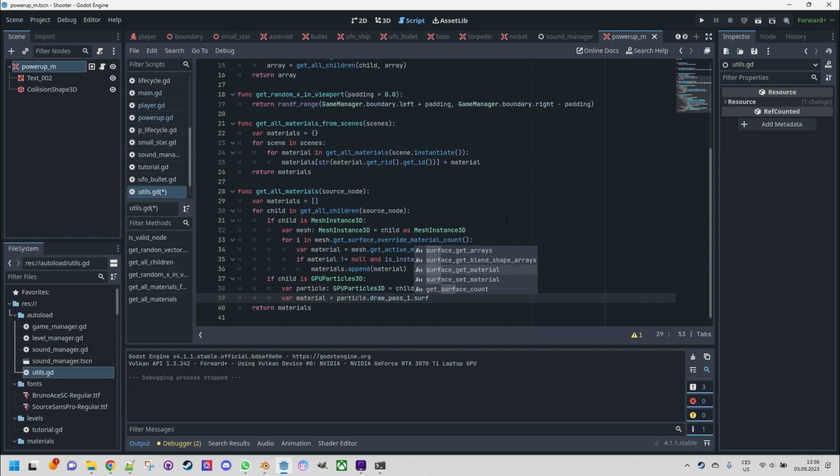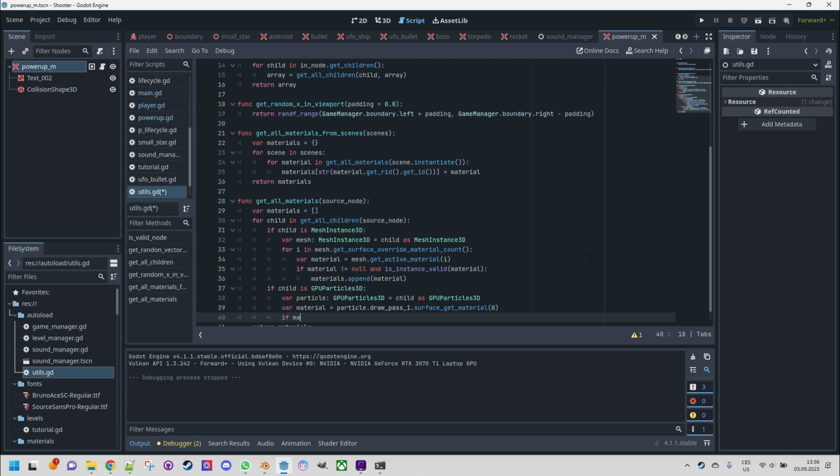And surface get material, this is the function, I think, yeah, the first index, zero in fact. And again, if material is not null and is instance valid,